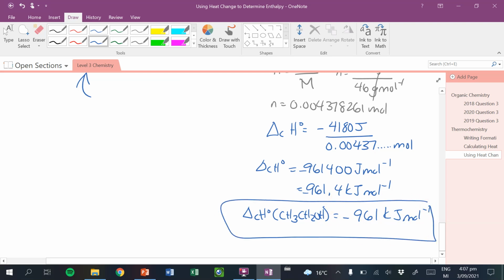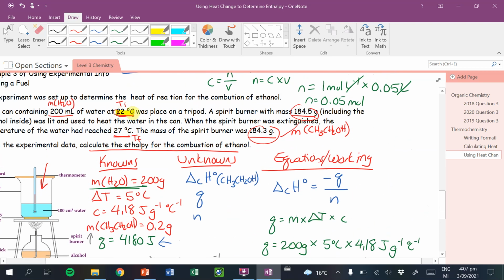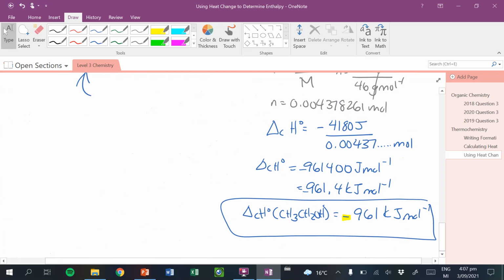Now, again, easy way to double check if you have the right answer. I see that I put a negative sign there. And I see that my temperature change was increasing, so that's an exothermic reaction, which is what I see when I do the delta H calculation. Be careful and remember to check that, because